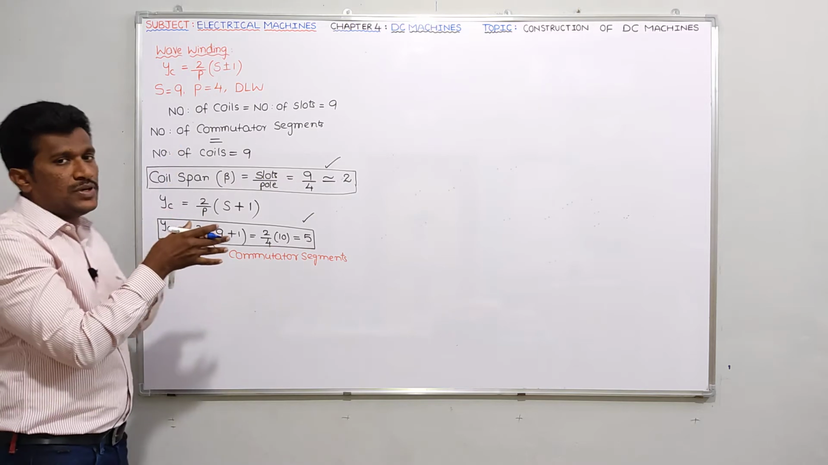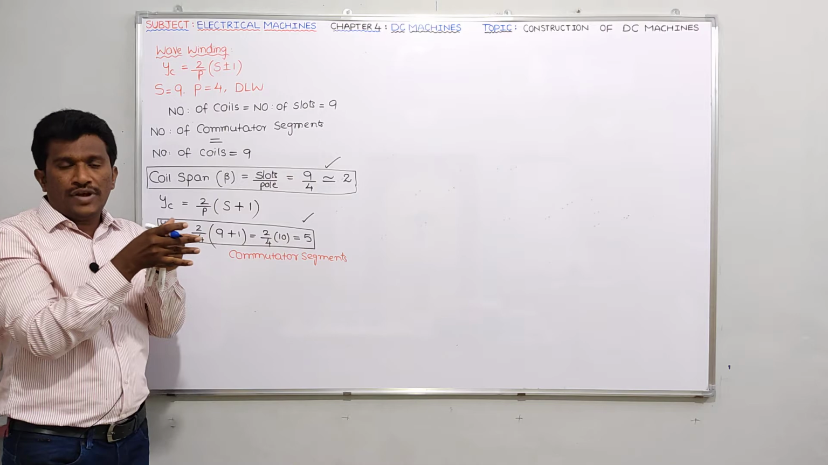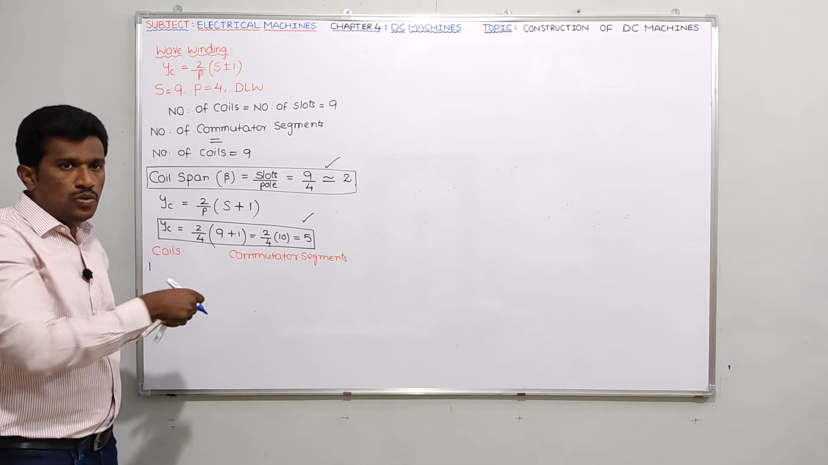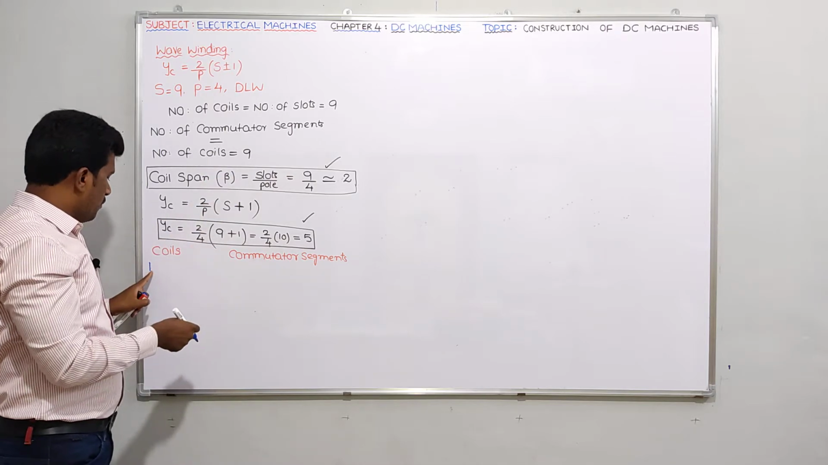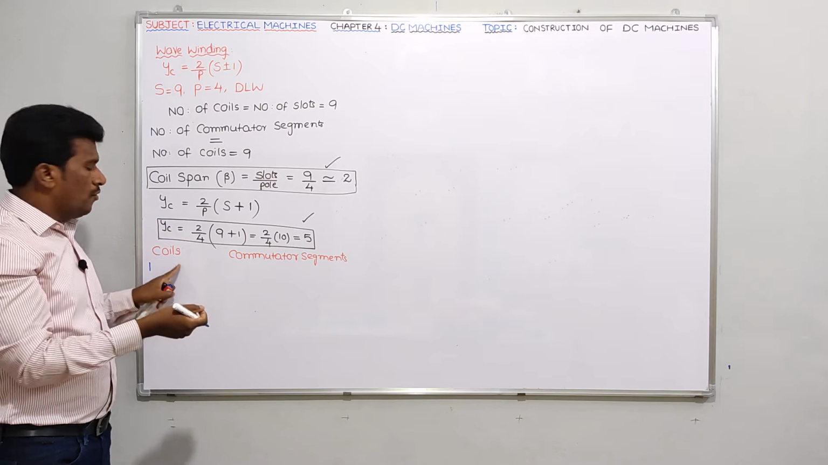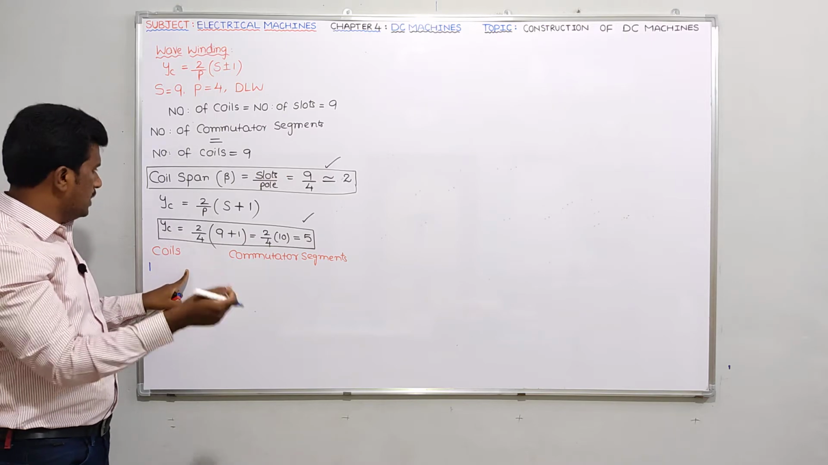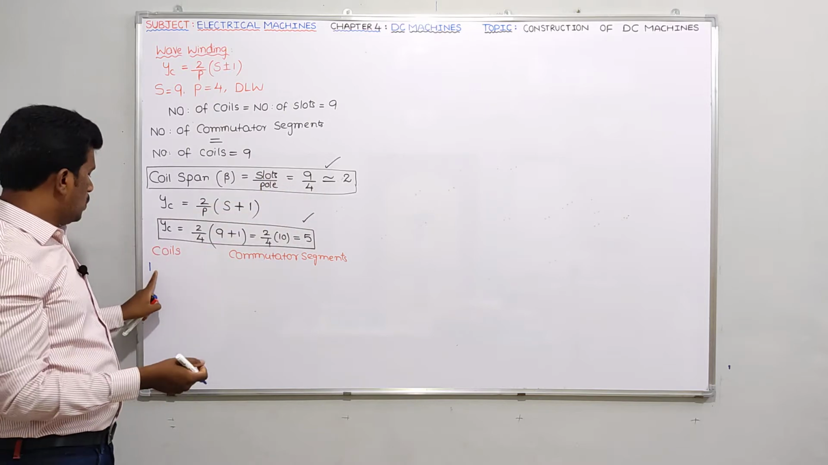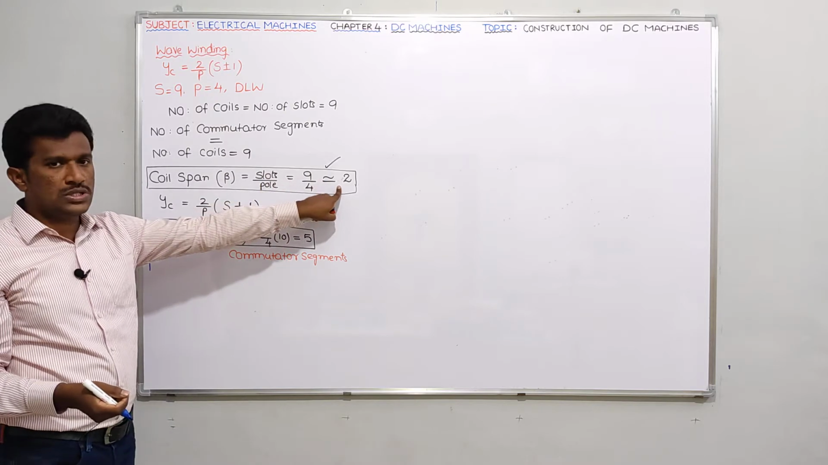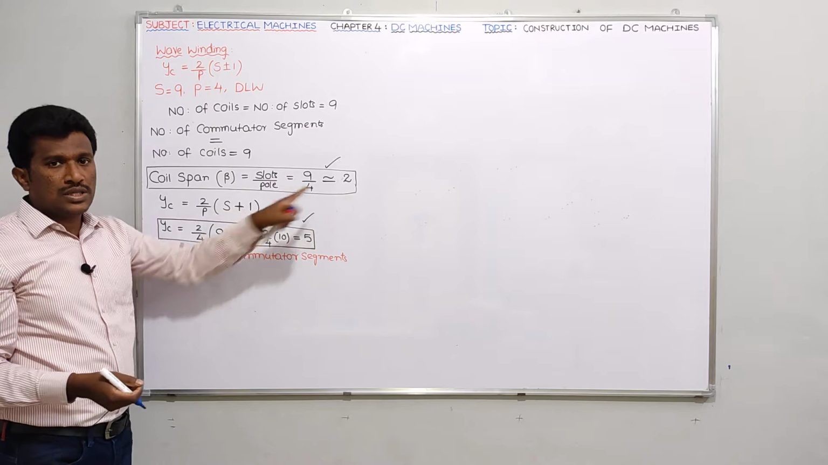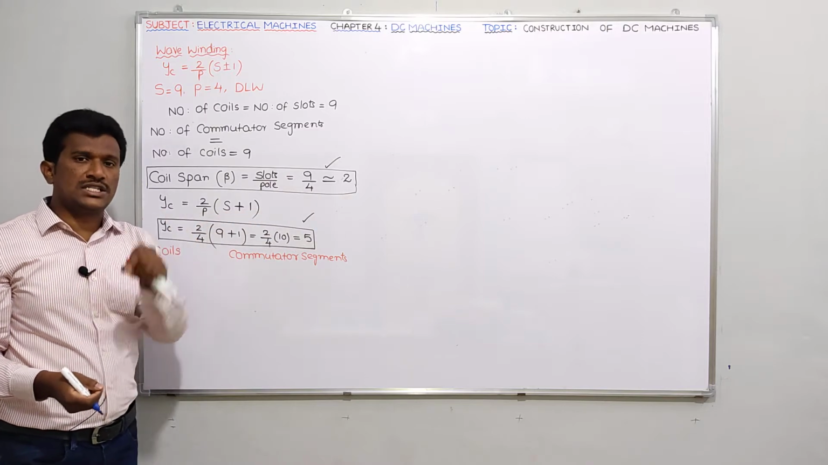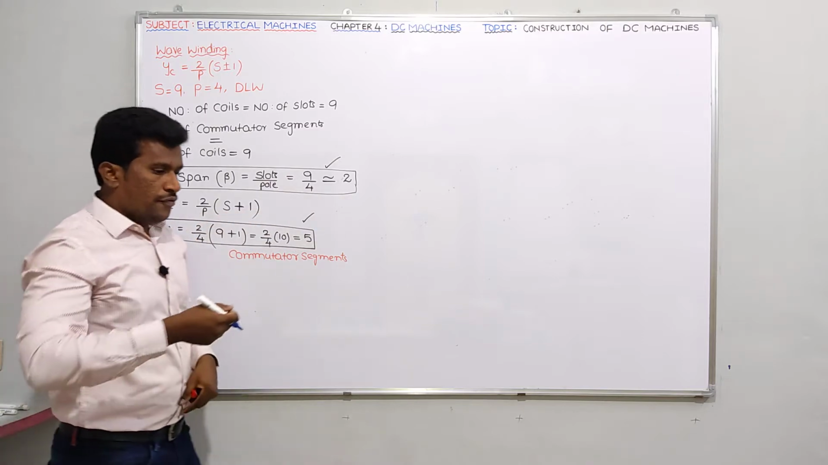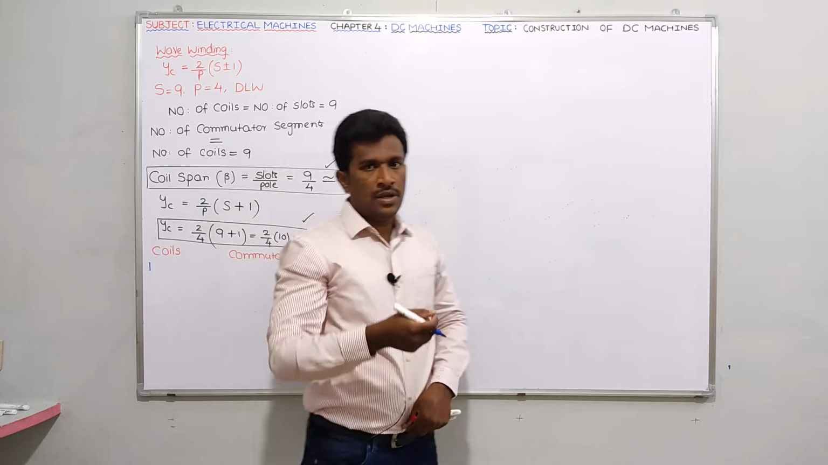Because the distance between two coil sides of a coil is called the coil span. If you want to have a coil, from 1 to where? You should calculate from 1 to 1 plus beta. 1 plus beta means 2 is the value, so 1 plus 2 means 3. So there you should write 3 dash, because I already told you, if a coil starts from,